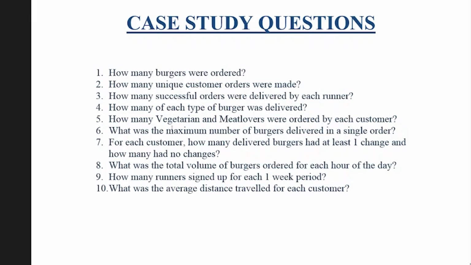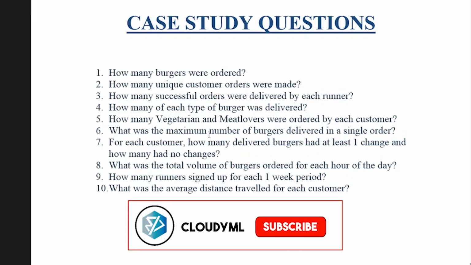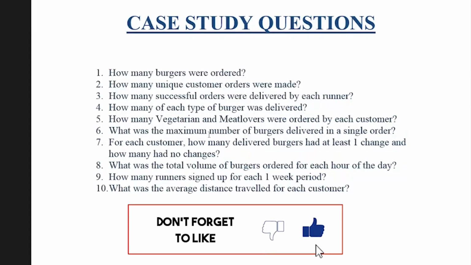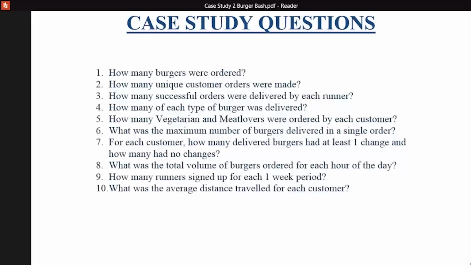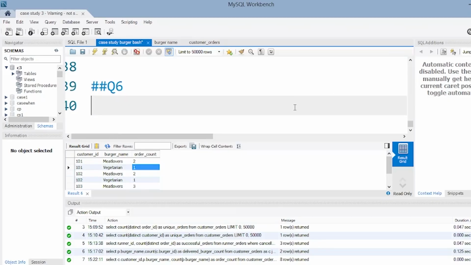For that, for finding out the maximum, first you will need to find out the total number of burgers delivered in a single order. From that, you will find out the maximum by applying the max function. So first, for finding out the number of burgers delivered in a single order, we are going to use the concept of common table expression, which is CTE. So let's begin. The name of this CTE will be burger underscore count underscore CTE as